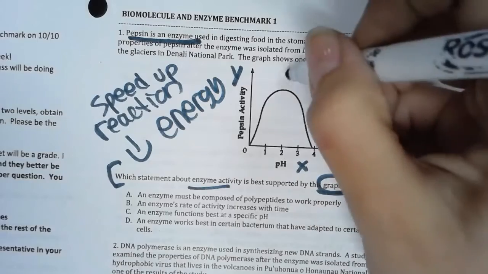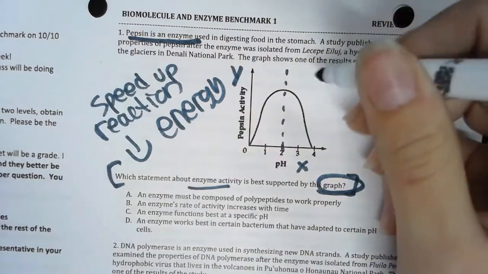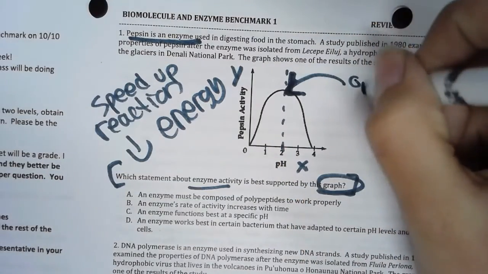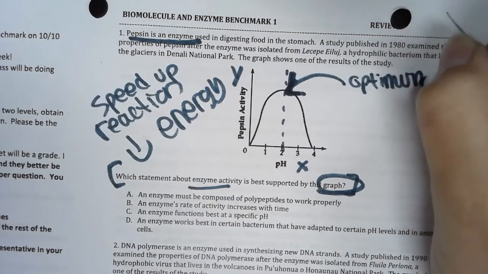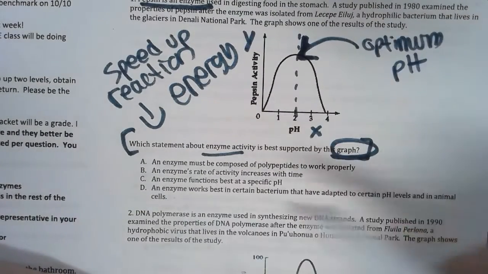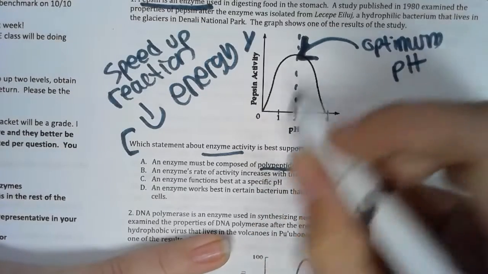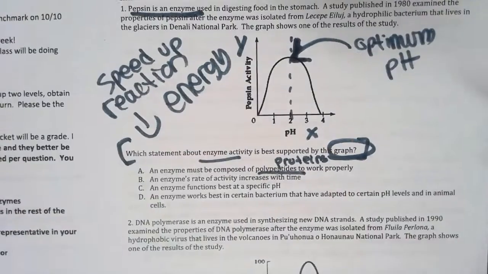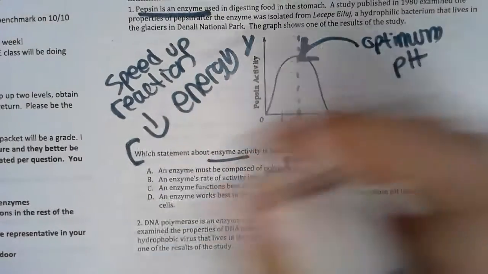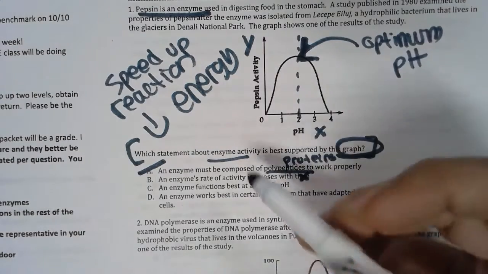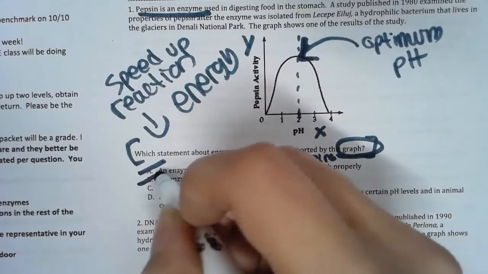I know that every enzyme works at a specific pH. At the highest point, when the activity is highest, this would be the optimum pH. Every enzyme is different though, so I'm going to match my annotations to my answer choices. An enzyme must be composed of polypeptides. Polypeptides are proteins. An enzyme is a protein, but that's not what the graph is showing. An enzyme's rate of activity increases with time. There is nothing mentioned about time anywhere on this graph, so it would not be good to choose that, so